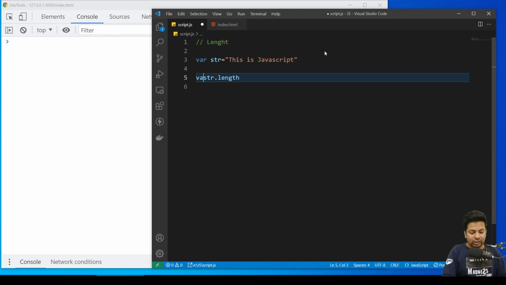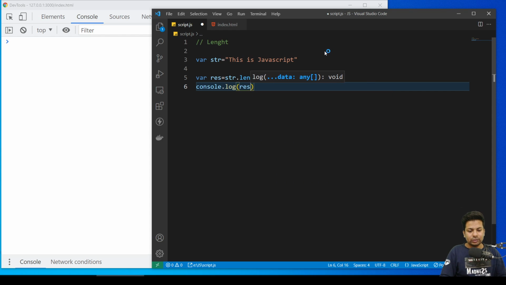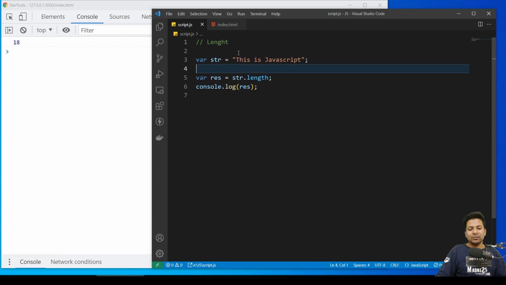I can just say variable result, console.log result. See, you can see 18. So the size of the string is 18. If you count 1, 2, 3, 4, 5, 6, 7, 8, 9, 10, 11, 12, 13, 14, 15, 16, 17, 18. So this is 18 length.